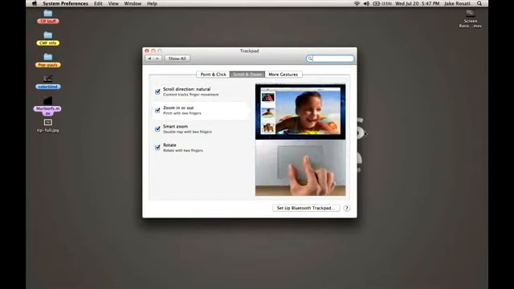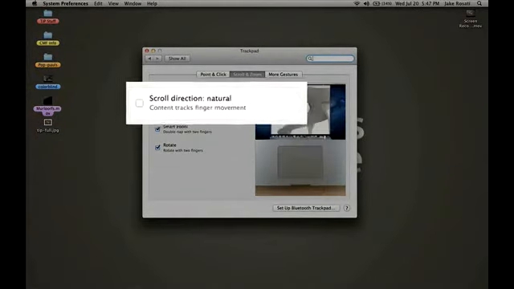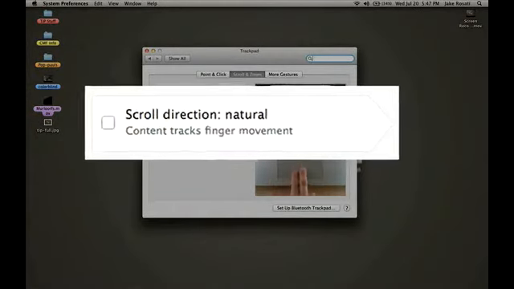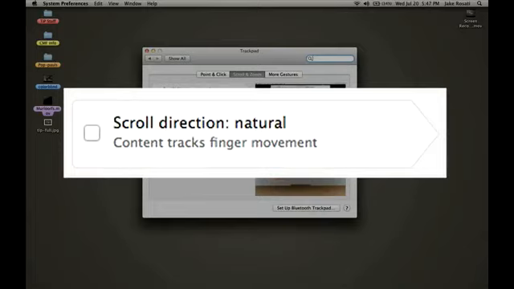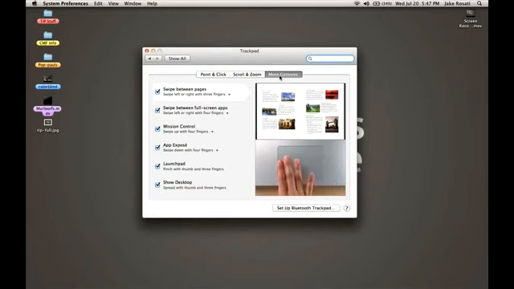in OS X Lion seems to be confusing a lot of people. It's set up the way that iOS is set up, where if you want to scroll up, you take the things on the screen and you drag them up, as opposed to what was in Snow Leopard, where if you wanted to scroll down, you would move your fingers down the mouse pad. You can easily turn this on and off just by checking that box, but let's take a look at the